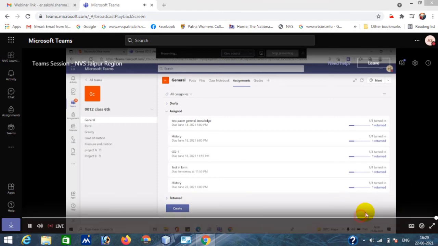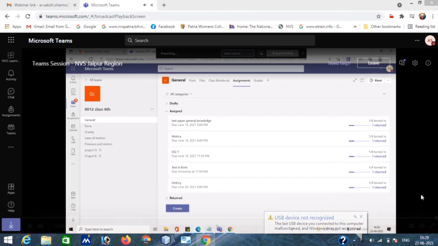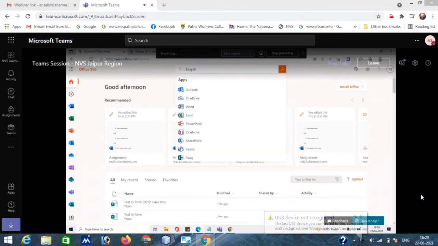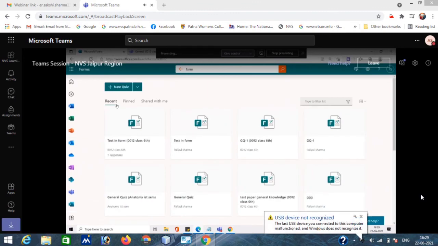There is some issue with my system. So you have to write down the URL portal.office.com. Again, I'm repeating, you have to enter the user ID and password into that portal, and then just type search for Forms, right? So you can open Forms and create the form directly from here. You can click on new quiz and create the form. So you can either use the assignment feature to create the form, or directly create it by going to portal.office.com.